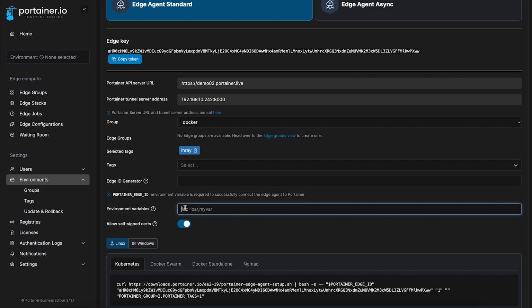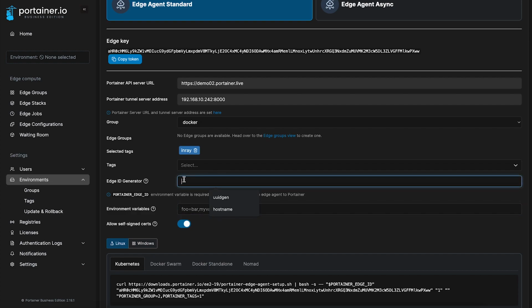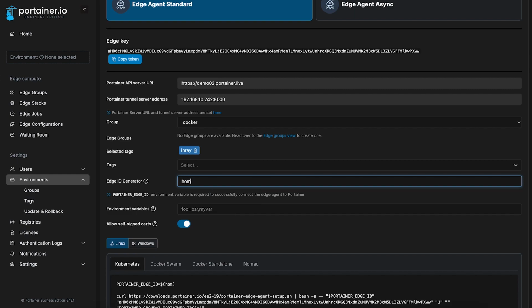Exactly. Then finally, what we have to do is set our Edge ID. Now, this is just a unique identifier for each of the Edge devices. So, for example, you can use hostname. You could do a UUID generator. As you can see here,